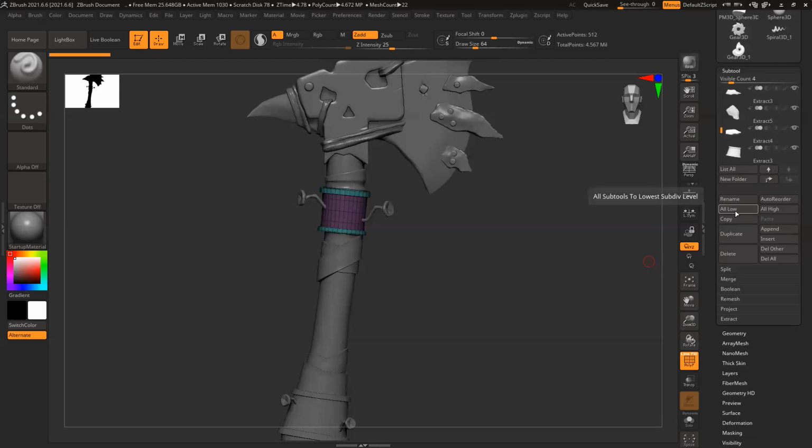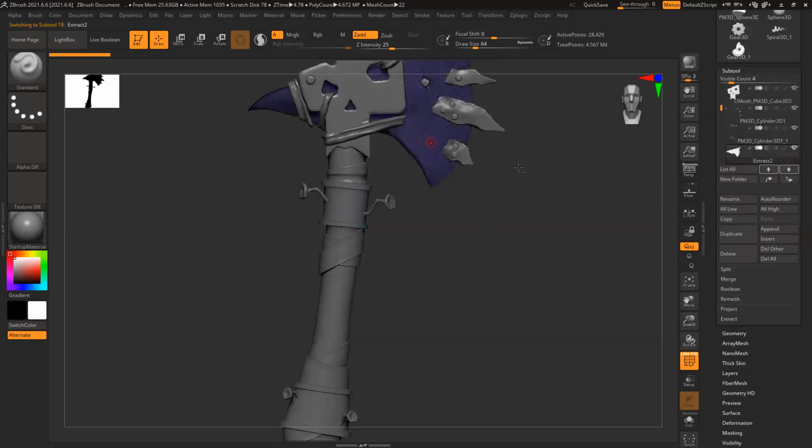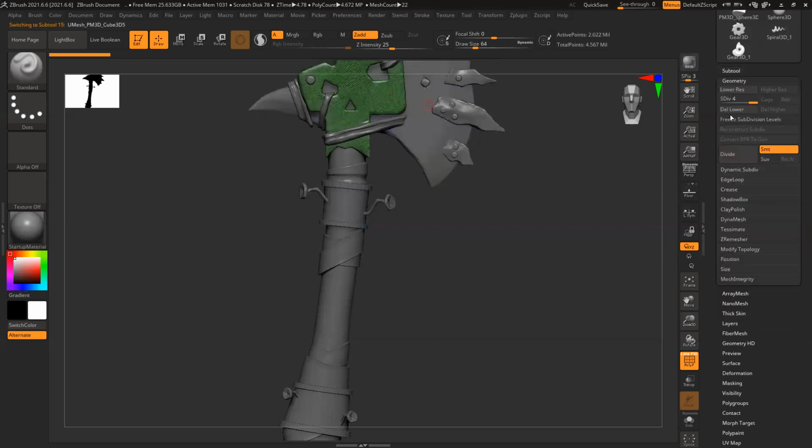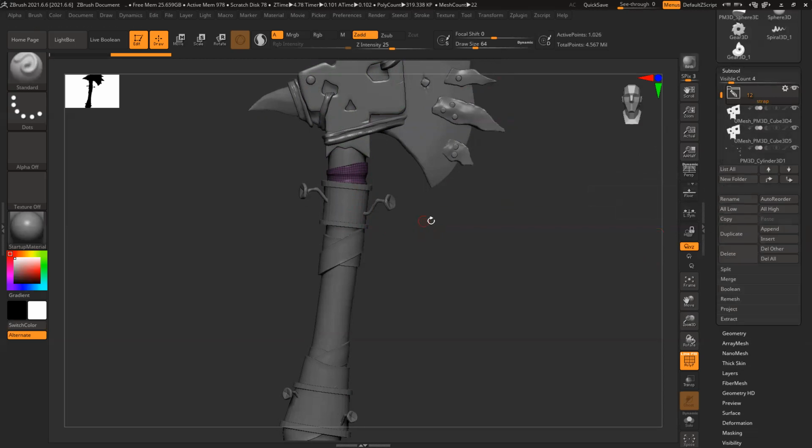Then all low. Right now you can see, if I click this and go to, there's no subdivision, there is 4th subdivision, right? Then there is no subdivision, there is again 2 subdivision, 3 subdivision. Each and every subtool has a different level of subdivision. So to keep my file highly optimized for opening and closing, what I can do here is click on all low. So all models, everything will go to their lowest division level at just one click. And suppose I want to make everything all high, just click all high. So everything will come back to your all high.